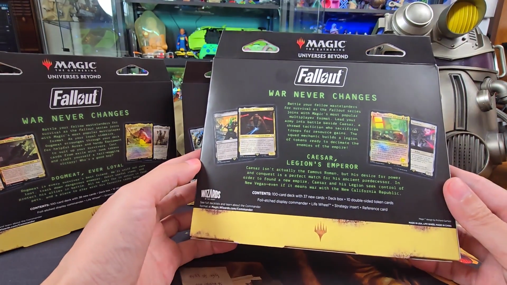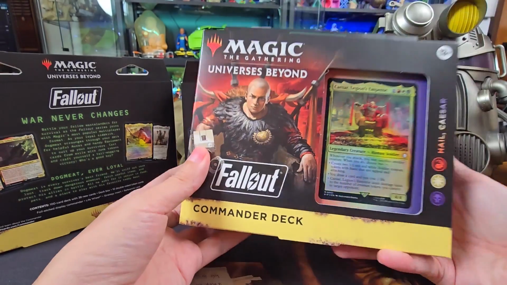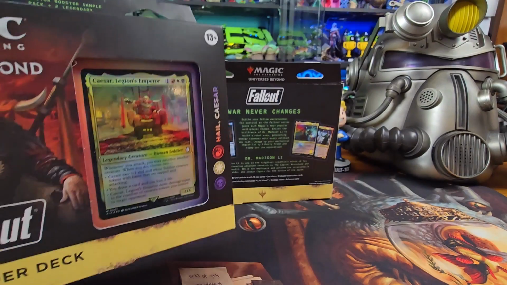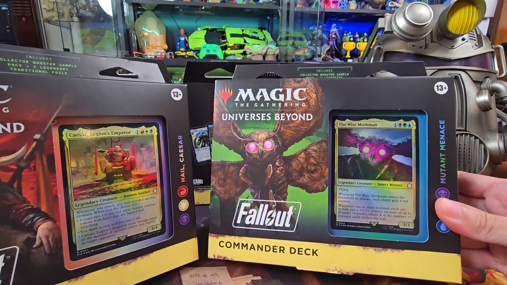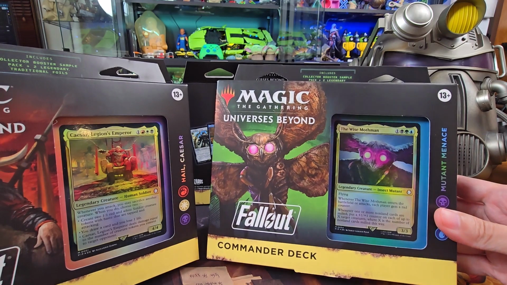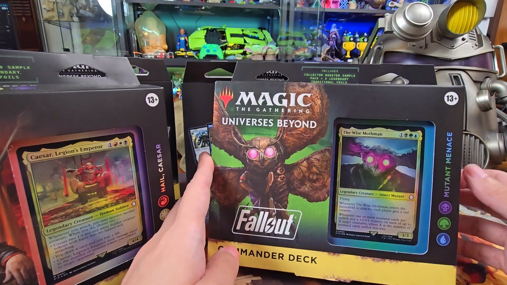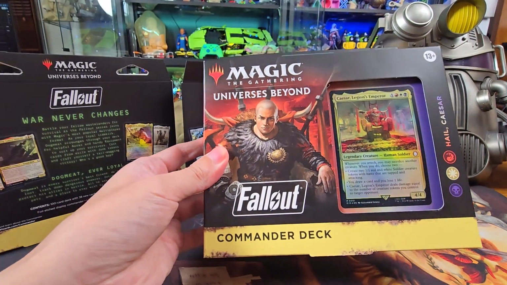The text in all of it is pretty much the same. They don't really get a good chance to understand what each deck actually is, from what I can tell. And you really have to make out and see what specific theme each of these commander decks has. So I do know that the Wise Mothman, Mutant Menace, deals in red counters. We've got the